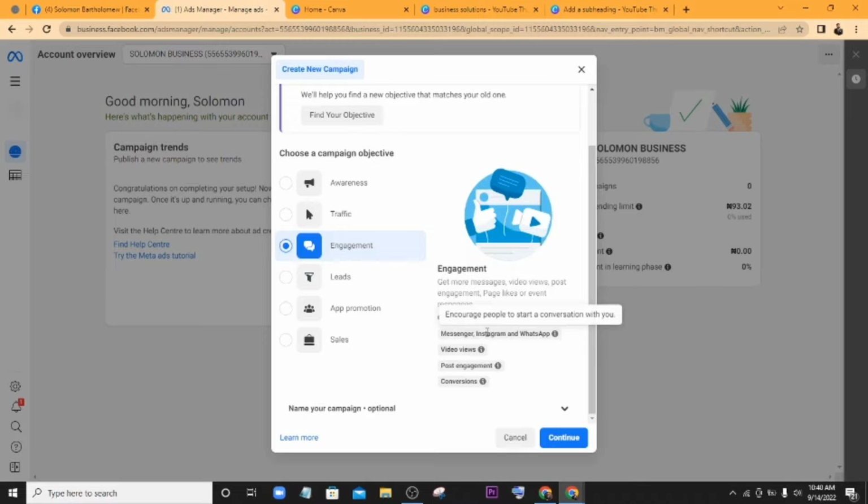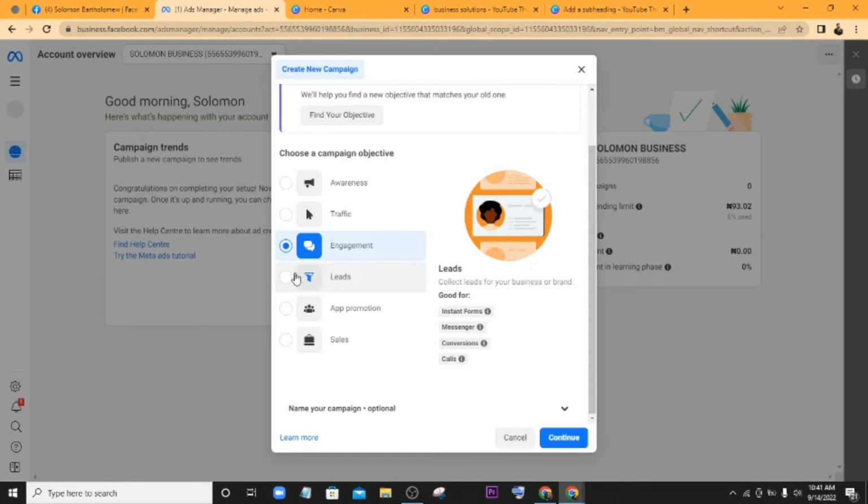And then the engagement objective, if you want people to engage with your post, like liking, commenting, giving it a heart, whatever it is you want, that's what this objective is for. And most times you can actually get conversions from this as well. But you want to make sure that whenever you are picking an engagement campaign, it's strictly specified to the post that you are making. You want to make sure people interact with that post.